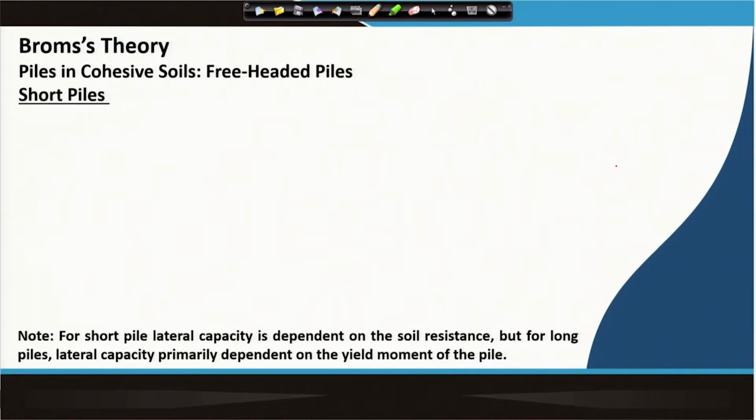That means a pile can be, as I mentioned, a short pile or a long pile, it can be free headed or fixed headed. Okay. So, first I will discuss piles in cohesive soil, which is a free headed pile and it is a short pile. As per Broms' theory, if this is the ground surface,